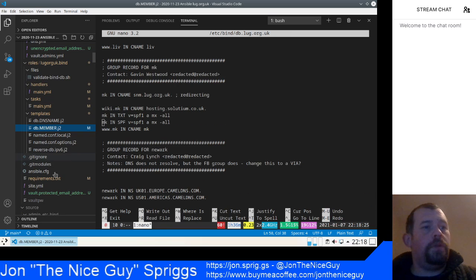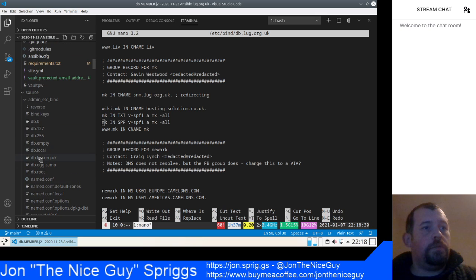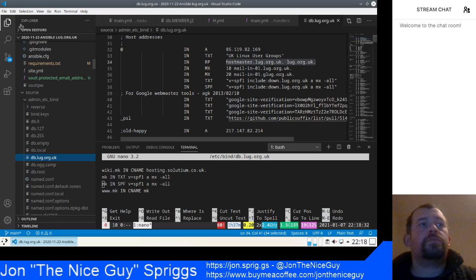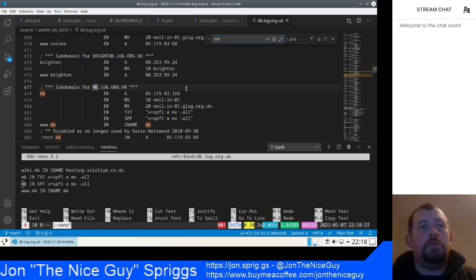Let us very briefly look in source, admin bind, log.org.uk, and look for MK. MK has an A record. Which implies